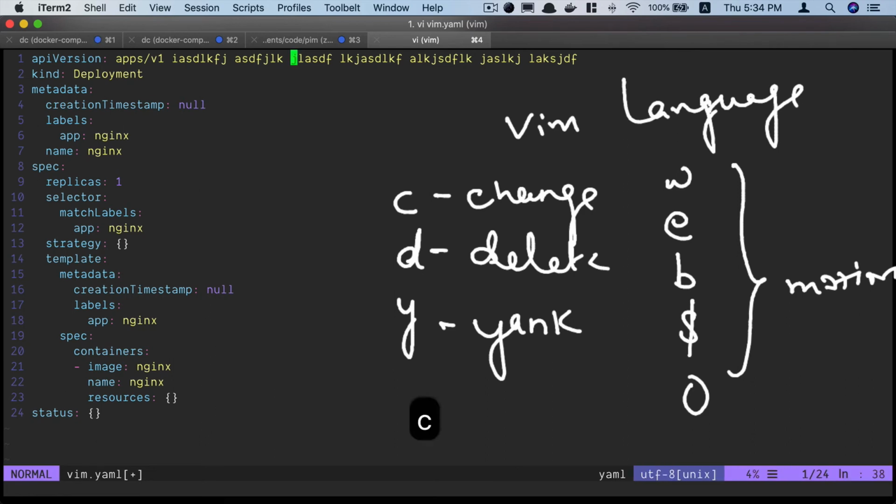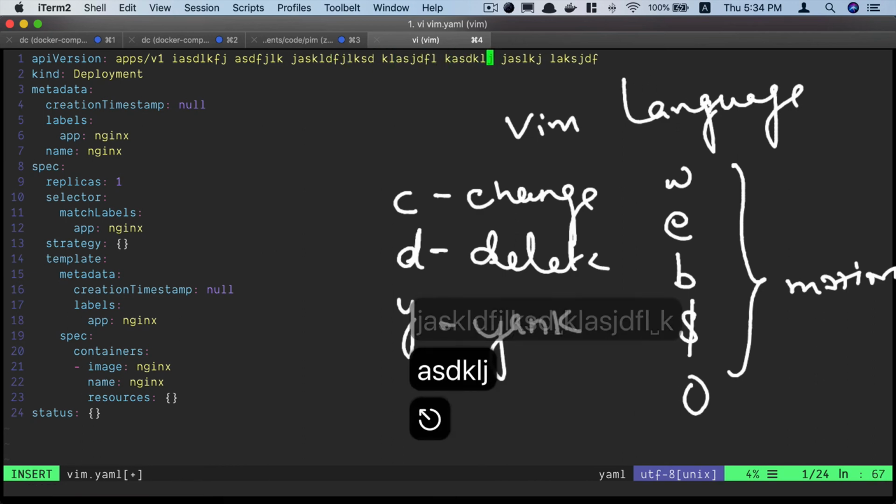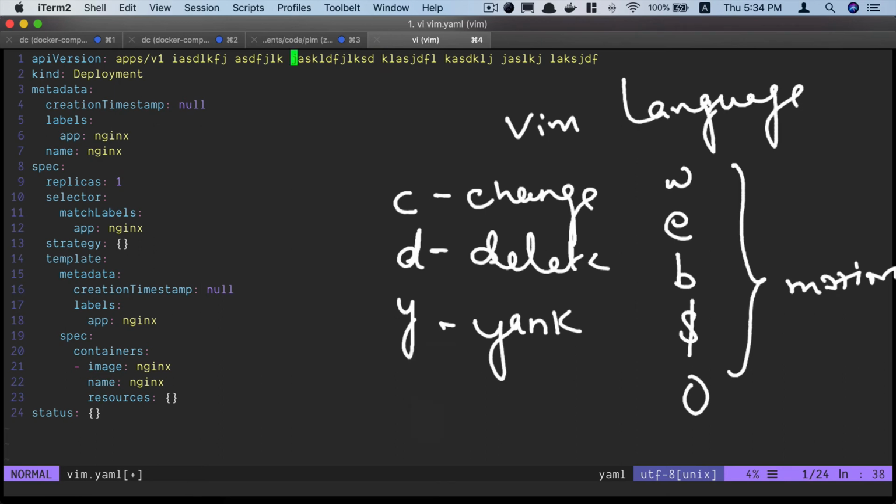So I can just do c3w, and now I can change anything. Similarly, if I want to delete the next 3 words, including the current one, I can just do d3w, and it got removed. For yanking or copying, again, it's the same. You can just do y3w and it would copy the next 3 words.